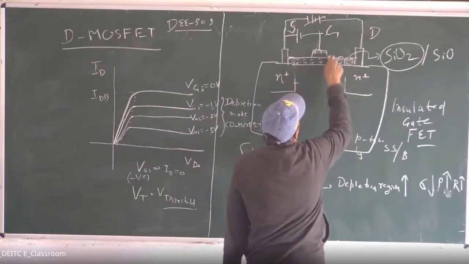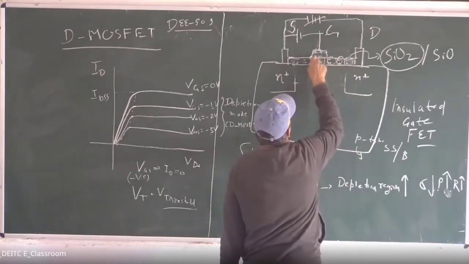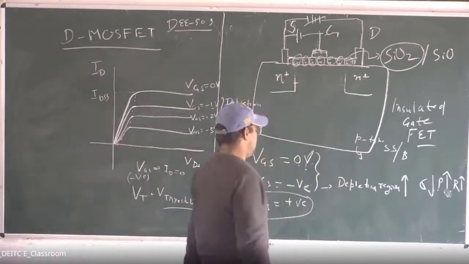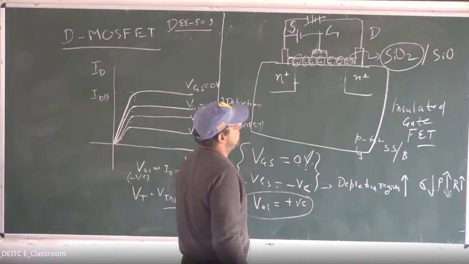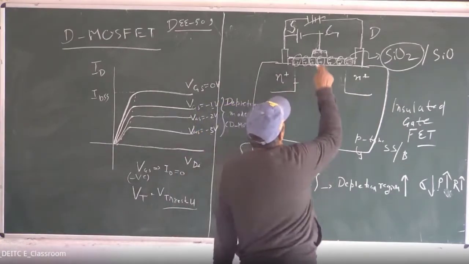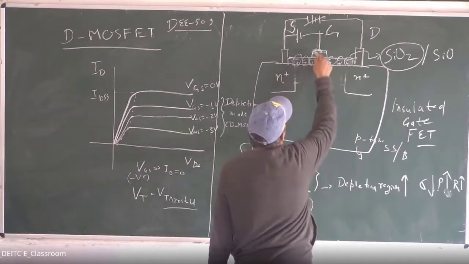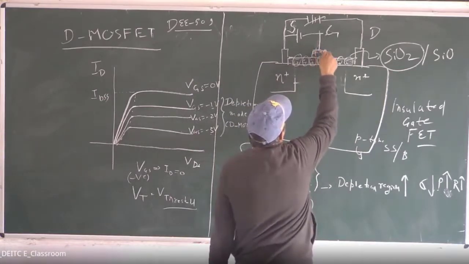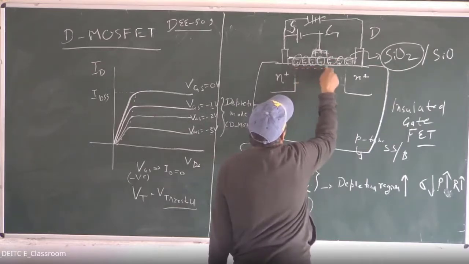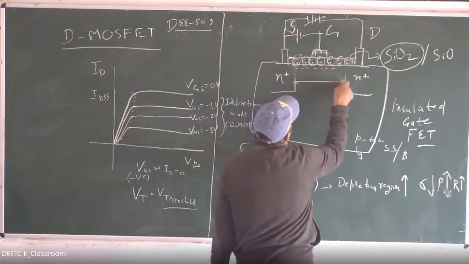There will be bound charges induced in the dielectric material. In the dielectric material, what will happen? There will be again the polarization, but the polarity will be opposite now because we have applied positive charges here. We have applied some positive voltage here. Then we will induce some negative charges in the N channel.